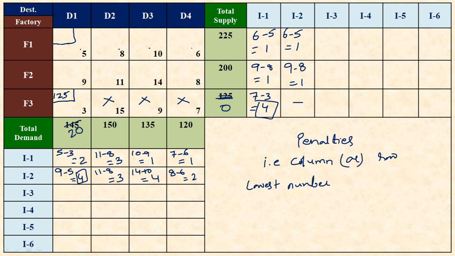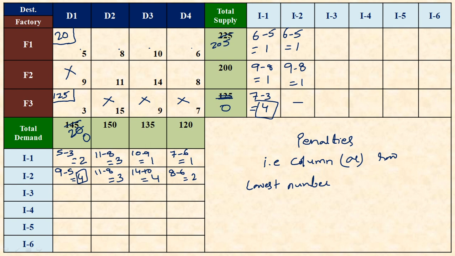That means I am choosing this 4 for the calculation. So this cell is the combination of F1 and D1. Now F1 is 225 and D1 is 20. So what is the meaning of this: there is a 225 supply, but the demand is only 20. So that means we can give only 20. If I provide 20, there is no more demand from the D1. That means 20 will become a 0 and 225 will become 205. And if you see that D1 will become a 0, that means F2 of D1 may not be considered for the next level of the calculation. Now the matrix is reduced to 2 rows and 3 columns.